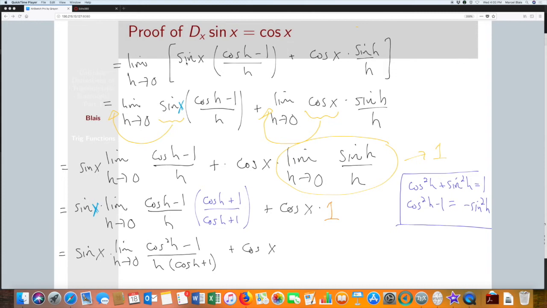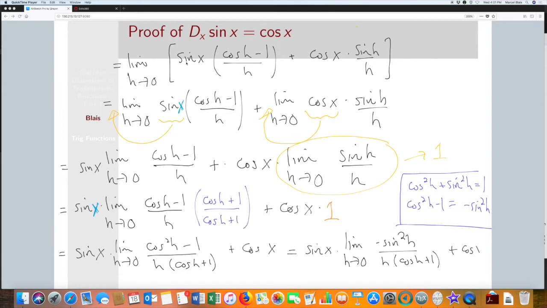So this means that our expression becomes sine of x times the limit as h goes to 0 of negative sine squared h over h times the quantity cosine of h plus 1